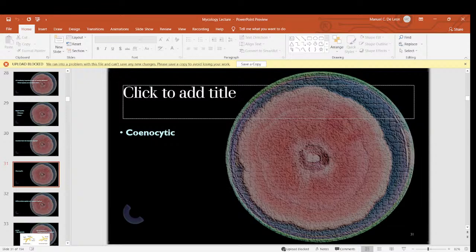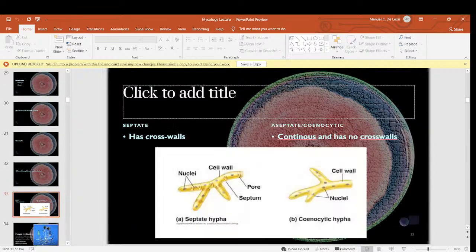All right, now let's move on. Coenocytic. So, differentiate the septate. I've already said that. I'll just show you guys the picture of what a septate and an aseptate hyphae looks like. Basically, you will see some sort of septum in the cross walls that separates the nuclei. By the way, class, in case you're not familiar with these drawings or with these particular cellular structures in fungi, the action of the septum is to move the cytoplasmic contents from one part of the hyphae to the next.